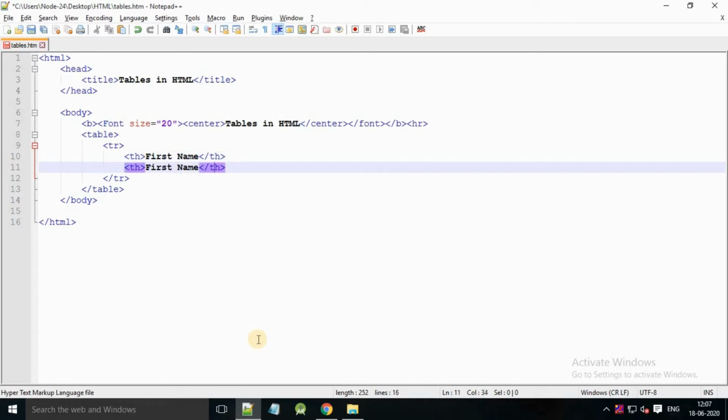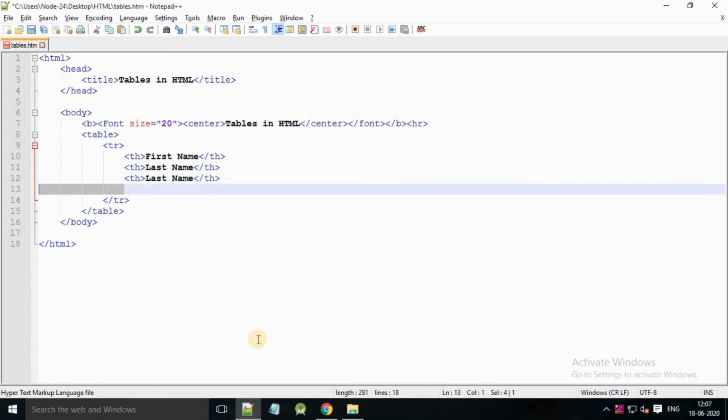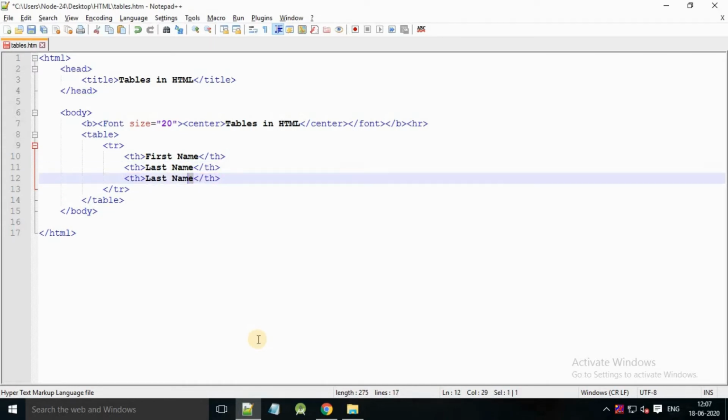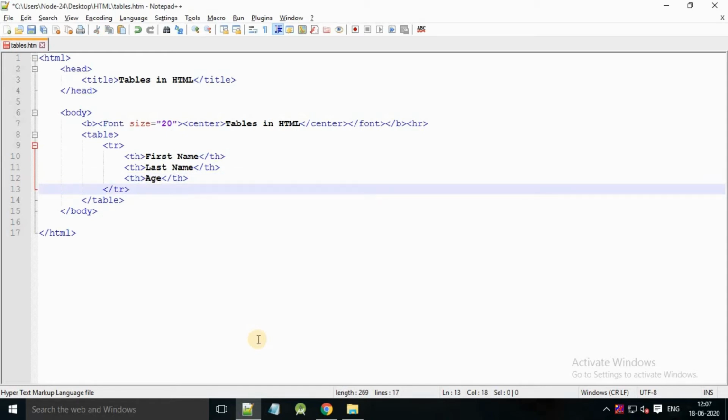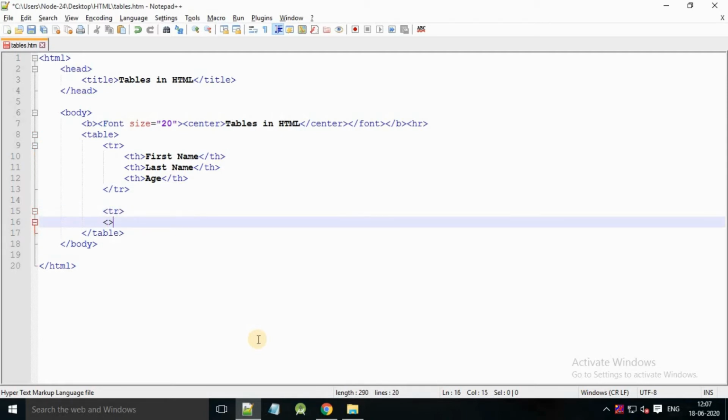So here the first header defined in between the th tag is First Name, and with the same pattern, we create the other two headers, Last Name and Age, in between th tags.